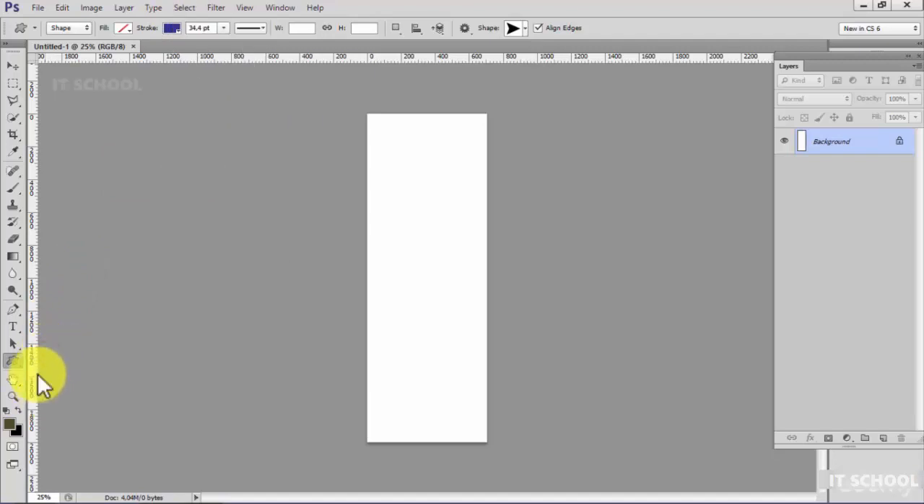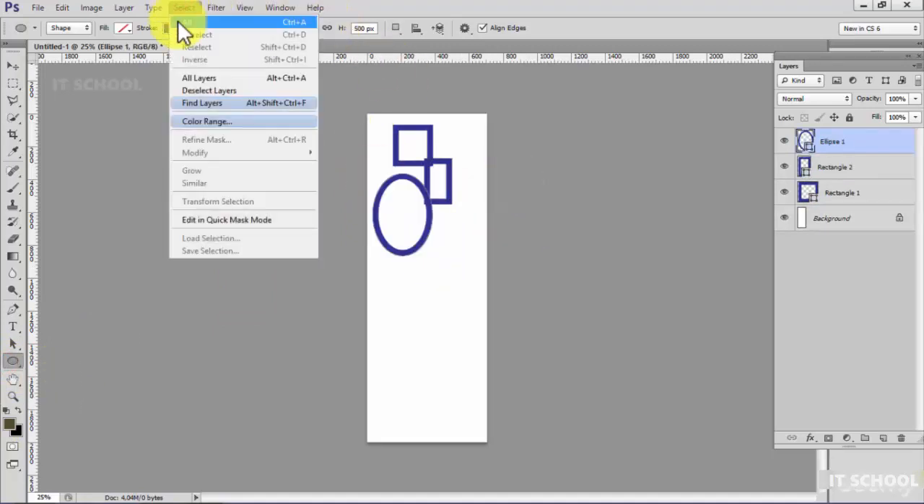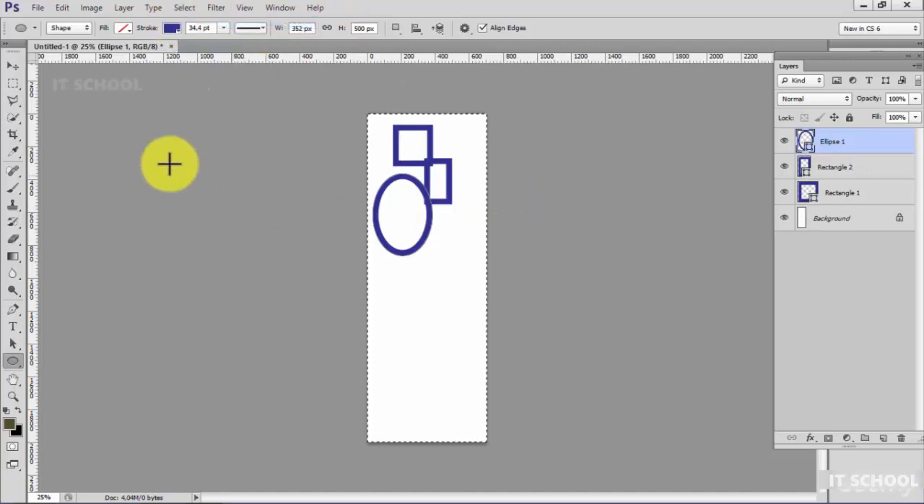So let's start by creating a couple of objects on our screen. Let's create first of all a rectangle here, maybe a second one here. Let's also create maybe an ellipse. Here we have it. Now by choosing Select All, you see we have everything on the screen,